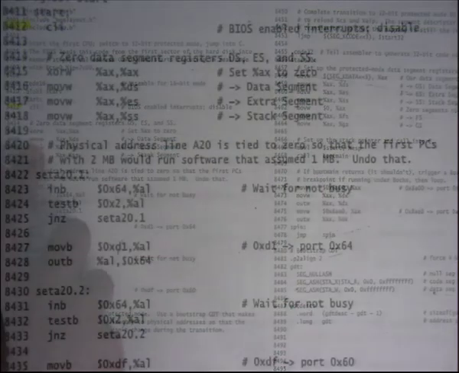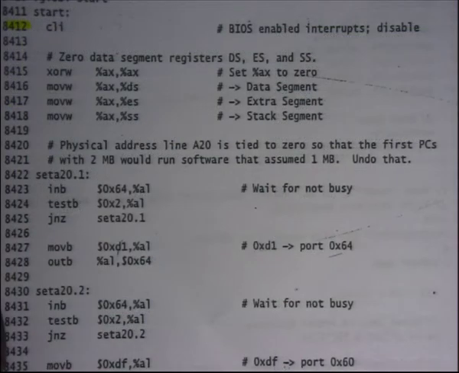Then the next thing you do is XOR AX with itself. The effect of XORing a register with itself is that you just zero out the register. And then you move AX to all the segment registers, DS, ES, SS. Why am I doing this? To have a flat address space. I don't want a segmented address space.